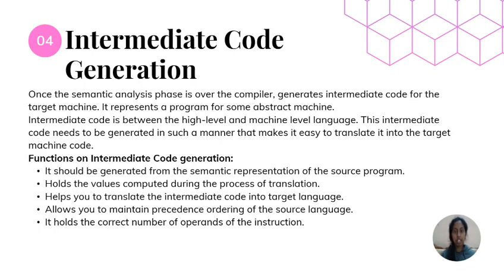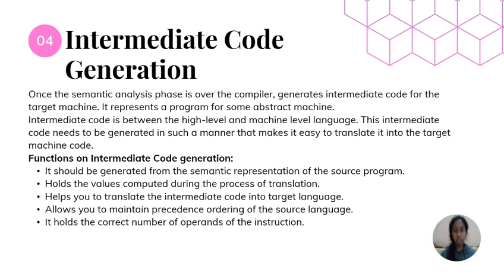Once the semantic analysis phase is over, the compiler generates the intermediate code for the targeted machine. It represents a program for some abstract machine. Intermediate code is between the high level and the machine level language. The intermediate code needs to be generated in such a manner that it makes it easy to translate it into the